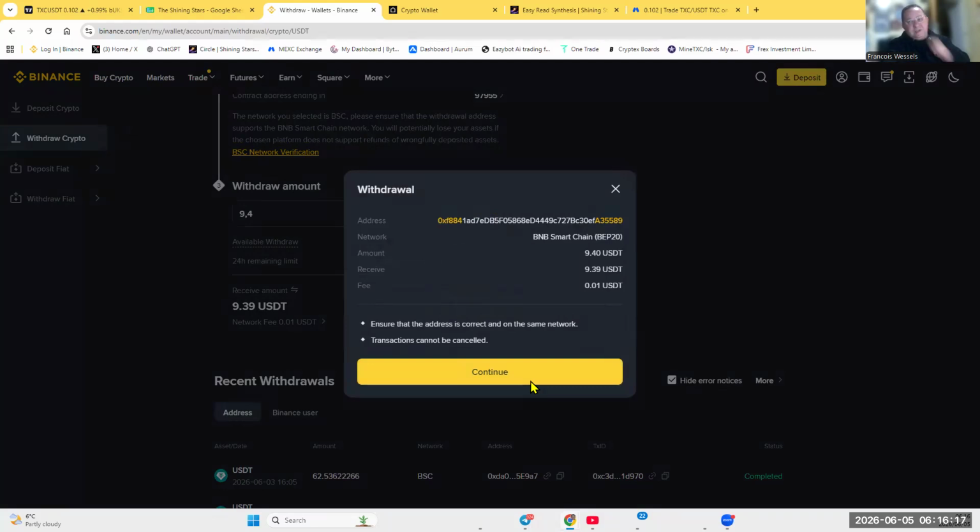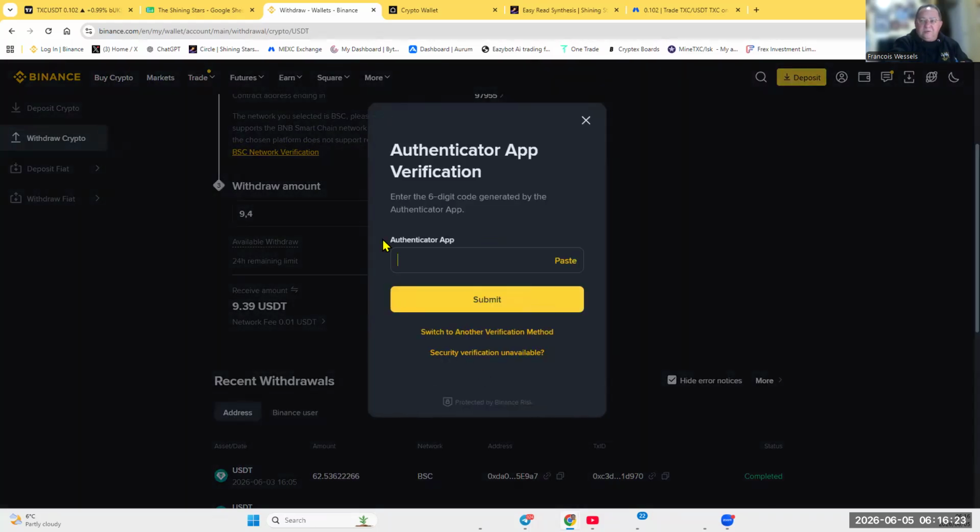Now, in this case, it depends on how your withdrawal settings are. It might happen that you have to do a 2FA. In my case, I'm doing a 2FA. Sometimes Binance varies. Then I need to get the app code from my phone, from my email. It's not always 100% the same procedure, and that's why it's sometimes difficult for me. The way you set up your withdrawal procedure might differ from person to person.